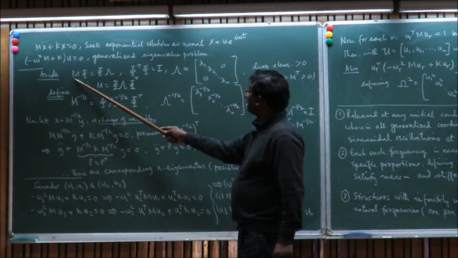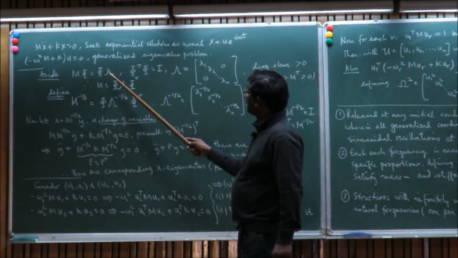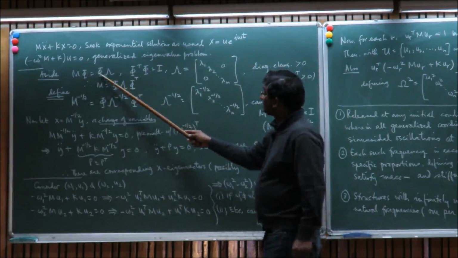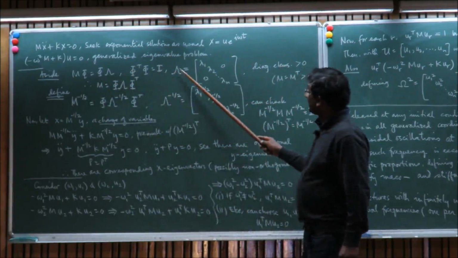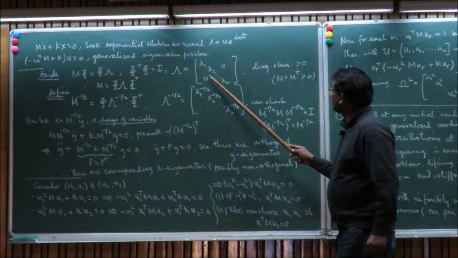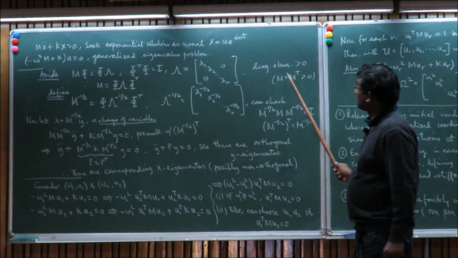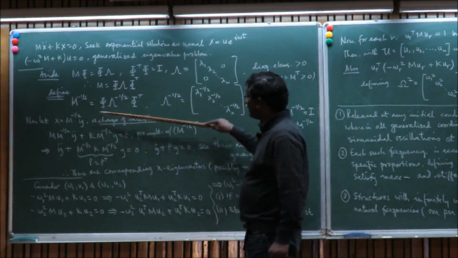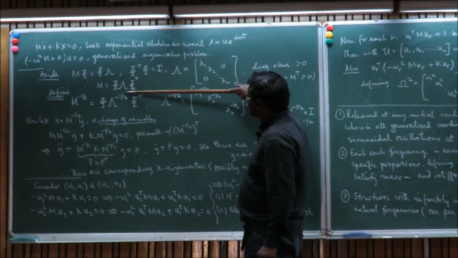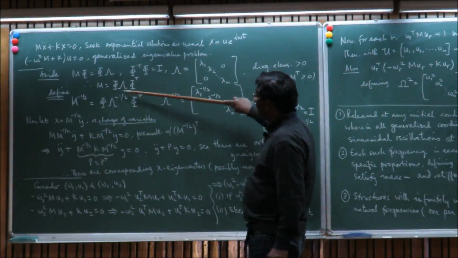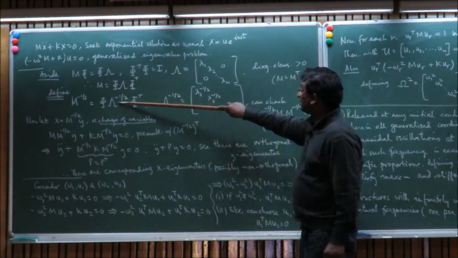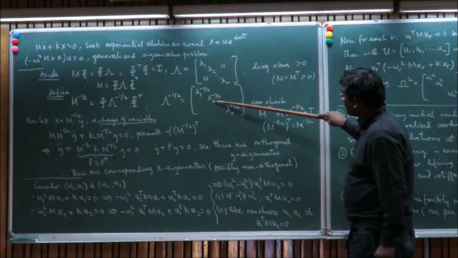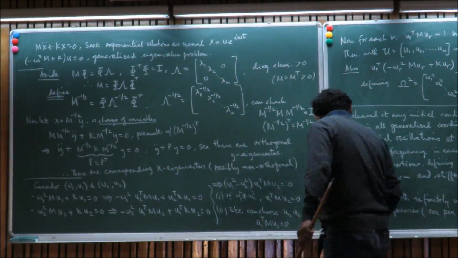So m is symmetric, therefore it has real eigenvalues and orthogonal eigenvectors. So this is the matrix of eigenvectors here, it's orthogonal. The real eigenvalues are in fact positive because m is symmetric, positive definite. And so we can define m to the minus half like this. See, this is very similar to the form of m, only lambda has been replaced with lambda to the minus half, defined as 1 over square root of lambda 1, 1 over square root of lambda 2 along the diagonal,